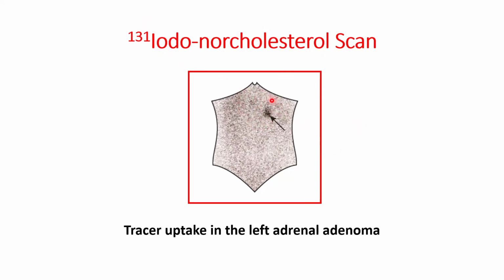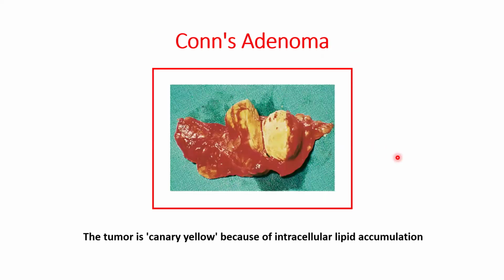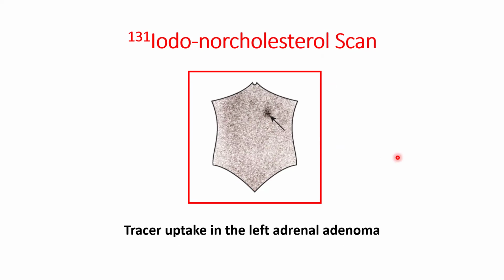Here, the tracer uptake is taken in the left adrenal gland. But this is not done routinely to visualize any adrenal adenoma. No, it is particularly used if you doubt that there is bilateral adrenal pathology. Because this radioactive tracer is taken up only by the adenoma, but not by the contralateral adrenal, which is usually suppressed. So in cases of Cushing syndrome, for example, due to bilateral